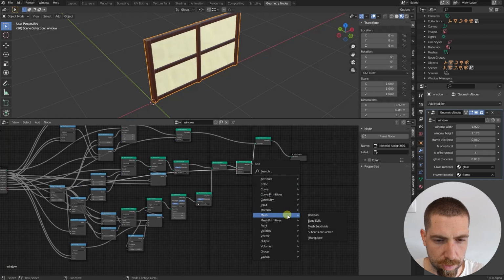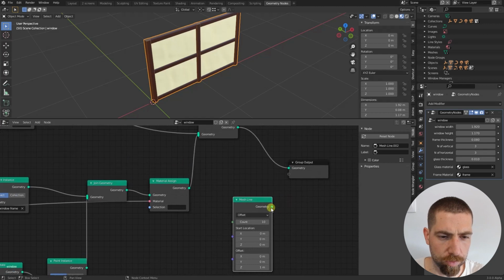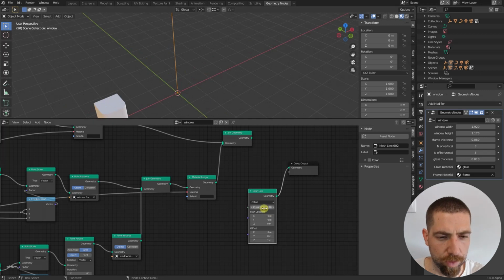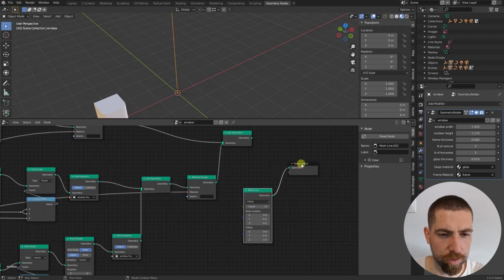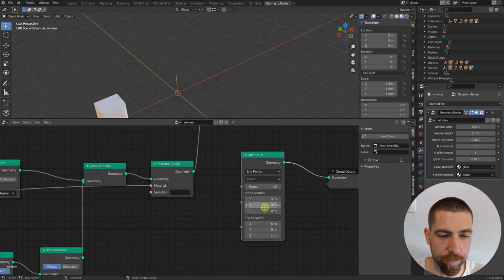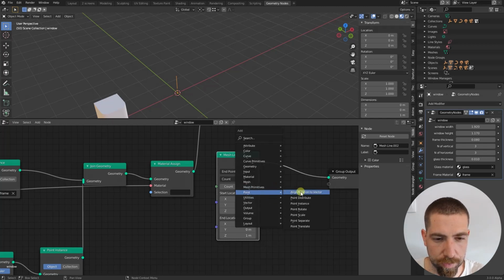It's the, where is it, mesh primitives, mesh line. I don't think we have it in 2.93. Anyway, I'm just going to show you what it does. It's just a line with as many vertices as you want. With the start location and end location, if you set it to endpoints, you have the coordinates of the first point and the coordinates of the last point, and all the points in between. So if you add a point instance